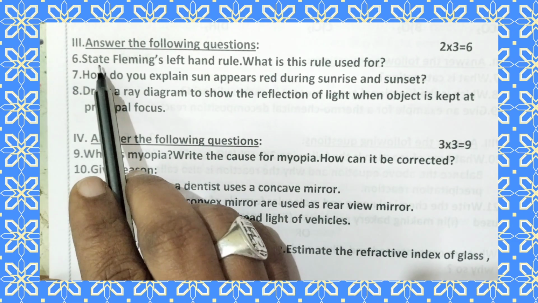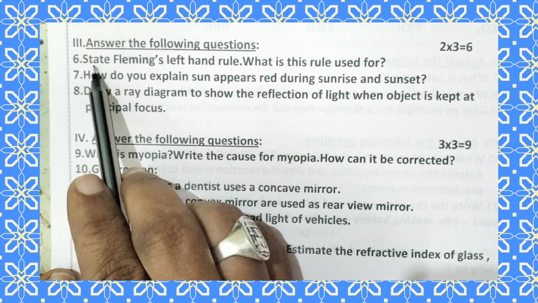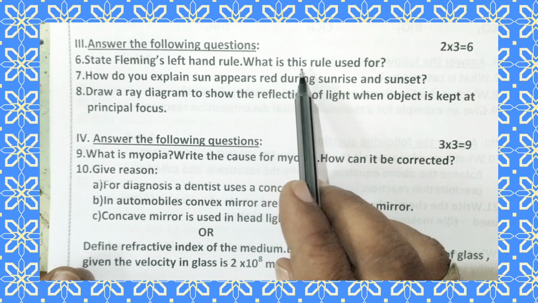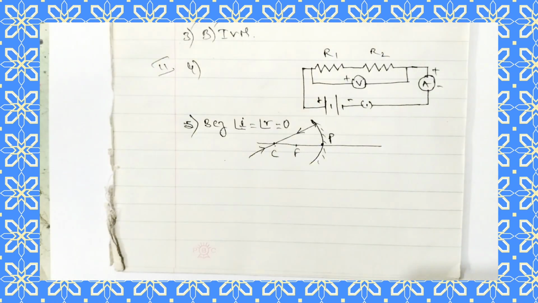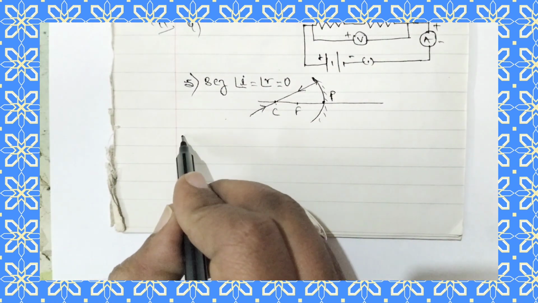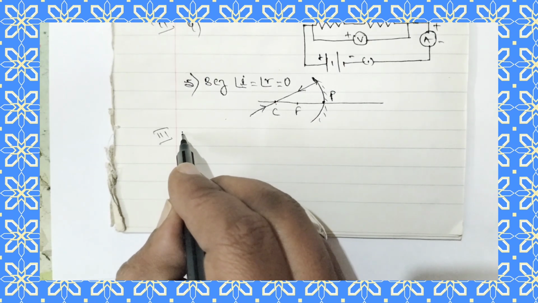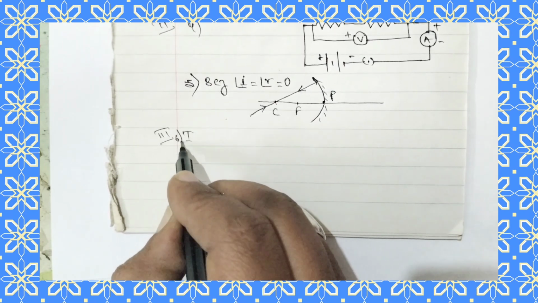Next, question number 6. State Fleming's left hand rule. What is this rule used for? So let us state the Fleming's left hand rule. It states that